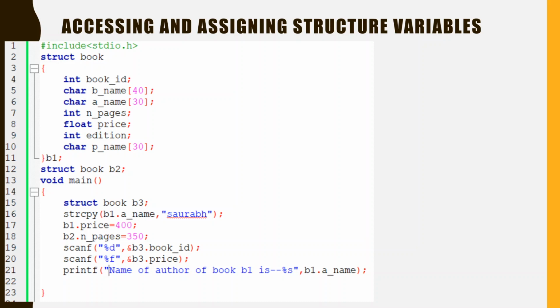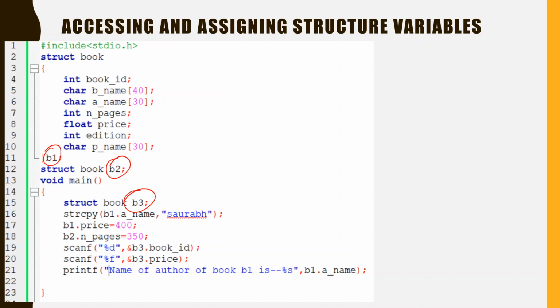Here you can see that we have created three different books, that is b1, b2, and b3.